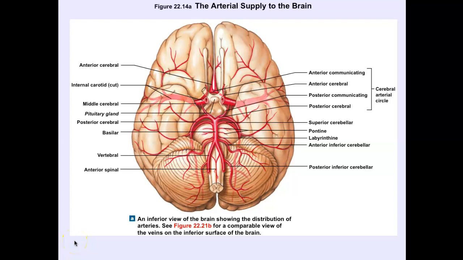All right, so this is going to be vasculature to the brain. So arteries to the brain, letter D on your outline under Roman numeral 2. All right, so like I said earlier, there are 4 blood vessels that bring blood to the brain. 2 are coming from the posterior side running along the spinal cord. Those are your vertebral arteries. And then 2 of them are coming from the anterior region, and those are going to be your internal carotids,